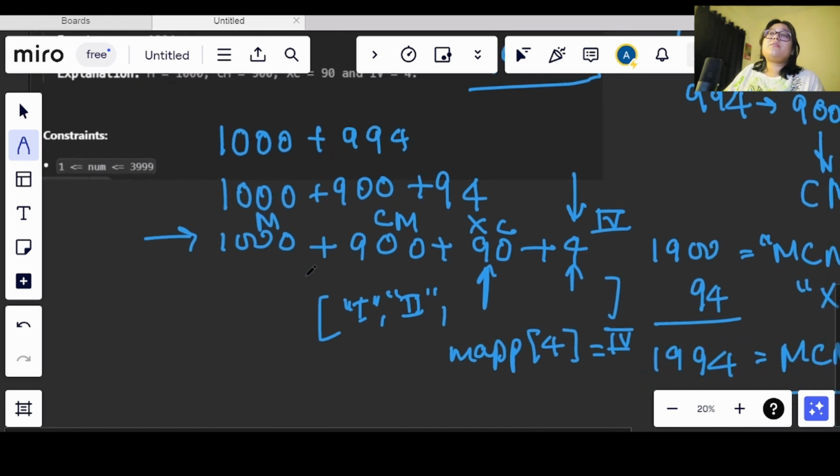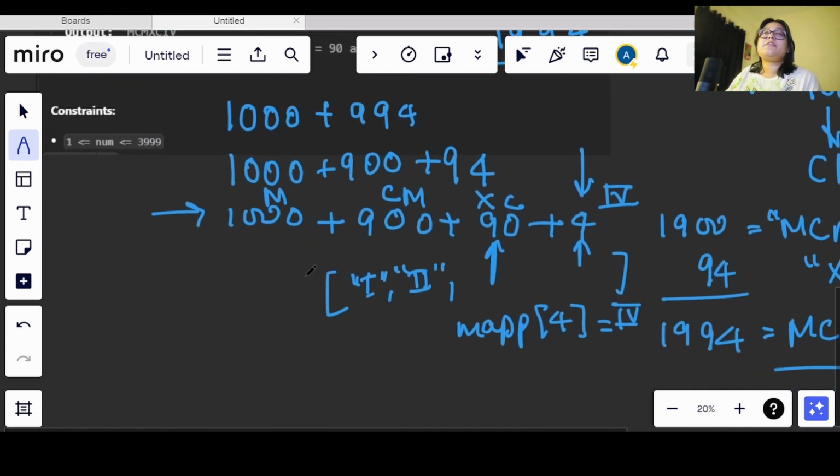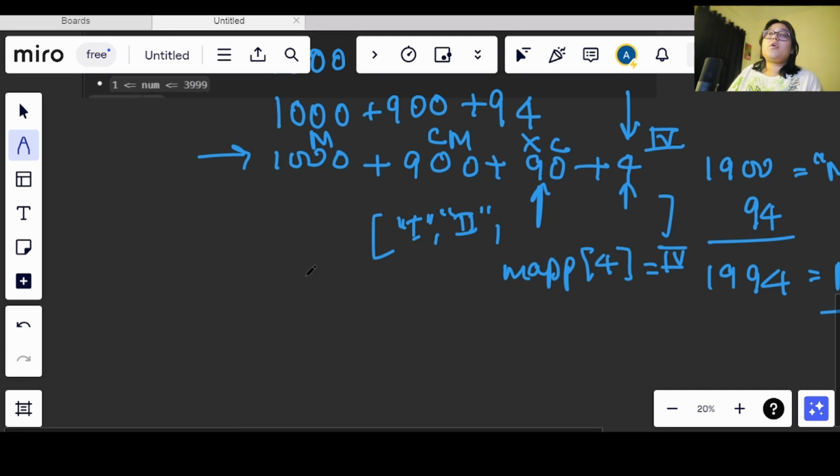Now what I am trying to say here is, we will create a map, okay, and in that map we will be storing all the numerical values as Roman characters, because we have the basic idea that for 1 we represent it as I, for 2 we represent it as 2 I's. In the same way we have 3, we have 4. In the same way we will go till 9, right? Now for 10 what we will do,